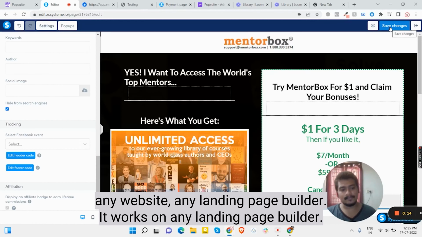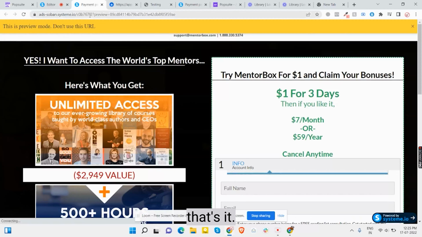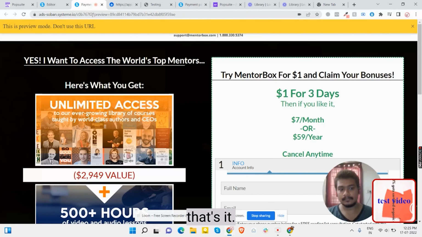So I'm using systeme.io. You can use any website, any landing page builder. It works on any landing page builder. And if you choose this preview, don't choose preview because we haven't. So you can